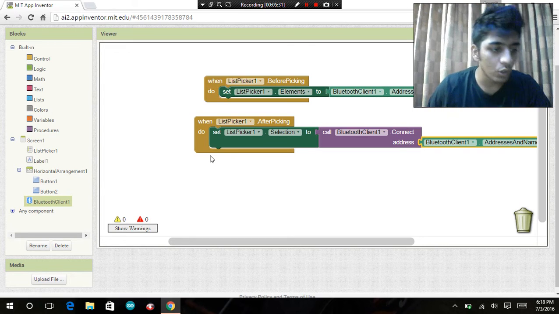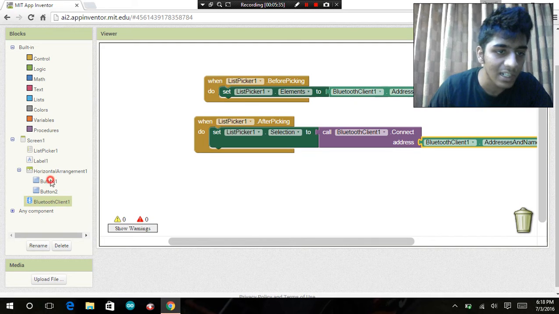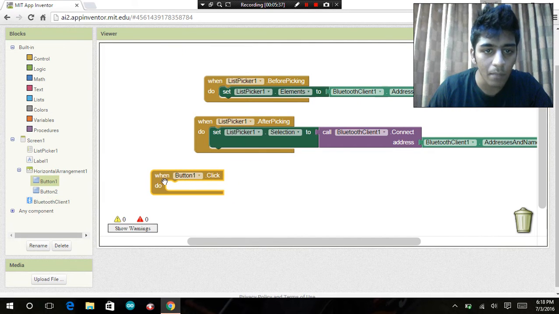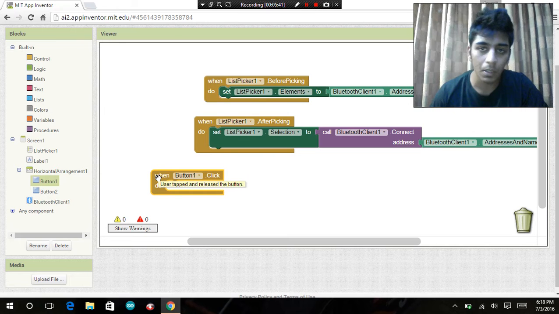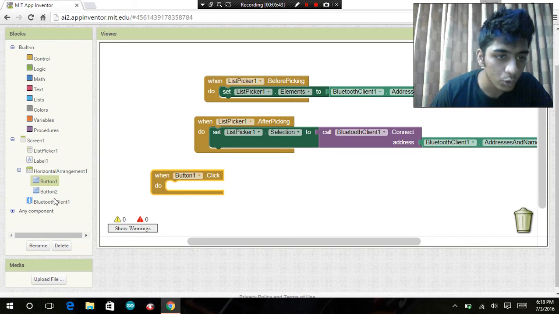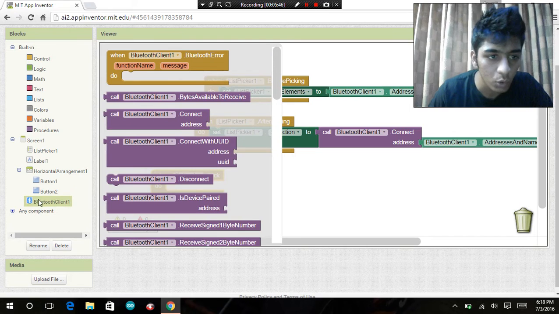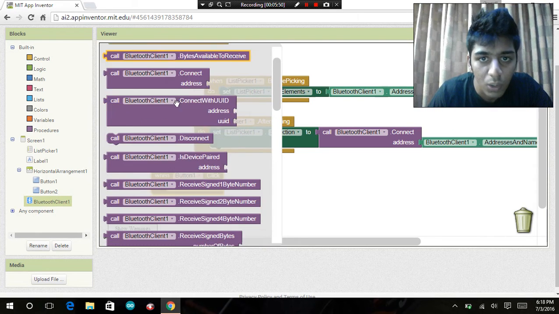That's it. So now comes the main part, that is a button. When I click a button, it should send certain text to the microcontroller. To do that, you have to go again to the Bluetooth client and search for something similar to this.